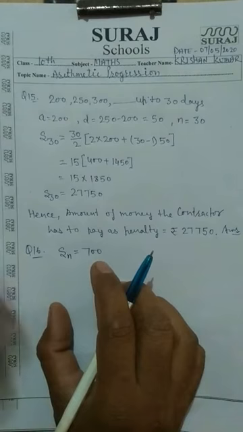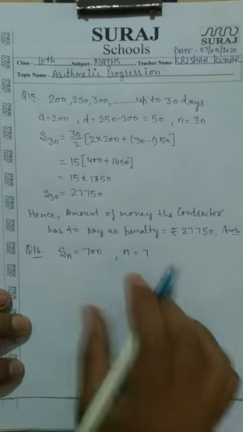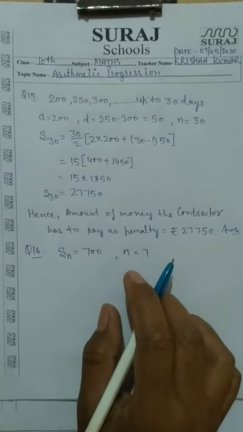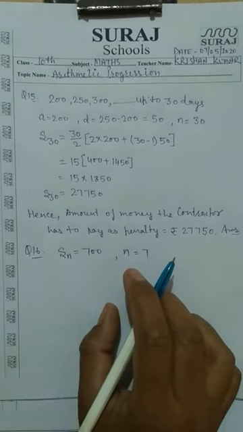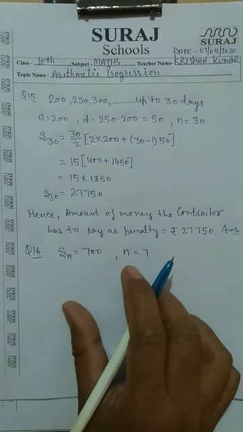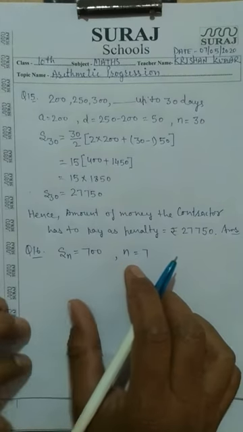And how many cash prizes, beta? 7. It means N is 7. If each prize is rupees 20 less than its preceding prize, it means assume that the first prize is 100 rupees, then the second is 80 and third is 60. Assume that. So according to this, then beta,